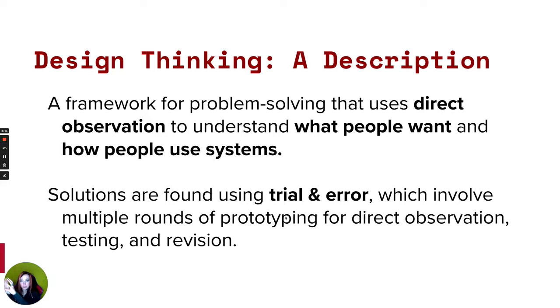So if we're going to start with a problem, we want to go observe the problem, see how it really works, watch the people who are experiencing it, and hearing their thoughts, feelings, ideas around what they're experiencing. And then the solution is where we bring in creativity and try to find a solution with trial and error. We try to get rid of the problem by creating a solution with trial and error, which means lots of rounds of trying things and putting them into that environment where the problem is happening and seeing if they